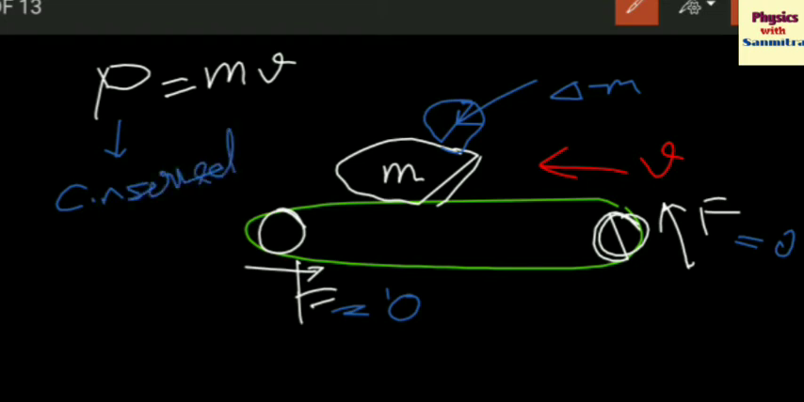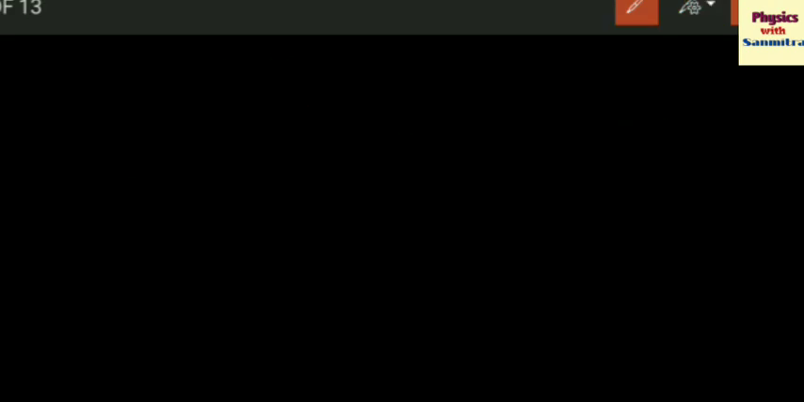So I can write, if m is increasing, then definitely v will decrease to keep p constant. But we are actually keeping v constant, so we have to provide some force. So this will not be equal to 0. There will be some force. Okay, so what can I write here? I can write P is equal to